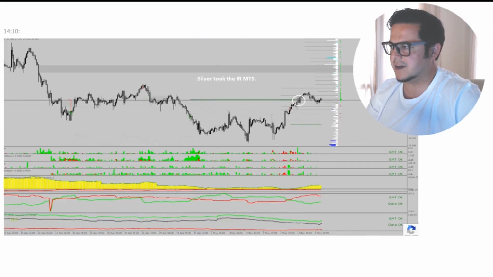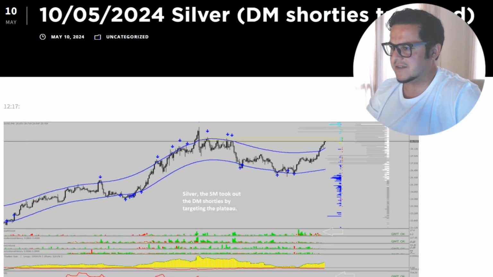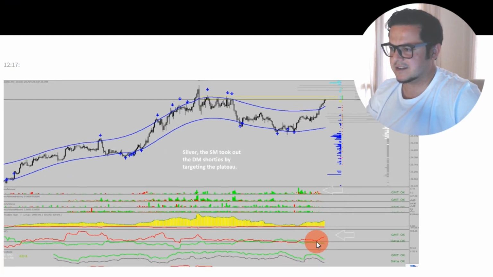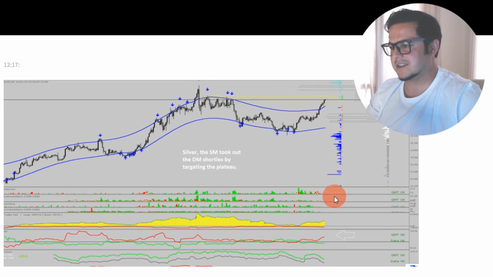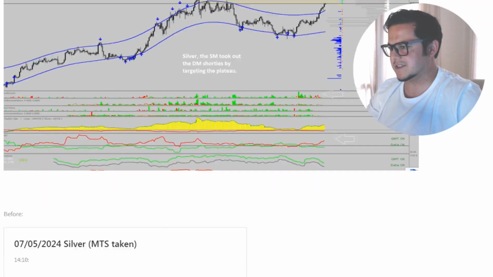Silver took the upper MTS on the 7th, and then the same thing. Shorties came in, all right, pushing the dynamic like this. Shorties have appetite, want to sell, so they went up, clearing this nice target here, 1, 2, 3, 4 highs. So they can go up, take them out, but once they collapse, and even maybe the high has been cleared, the market is fragile. If longies come in, it will come back down, for example.